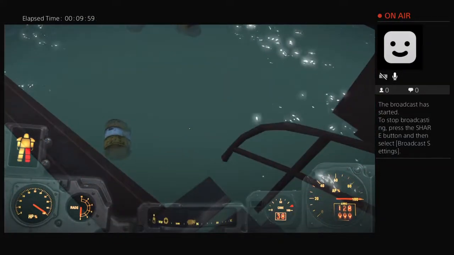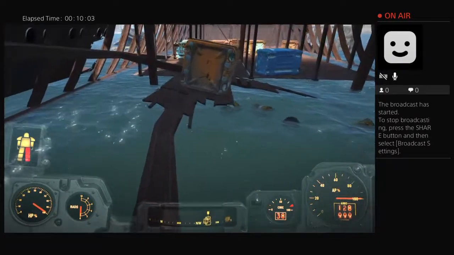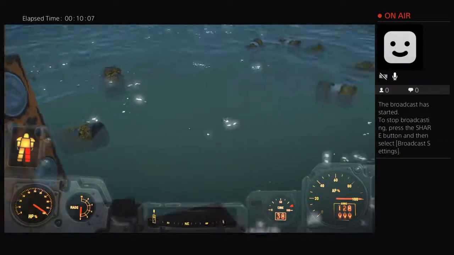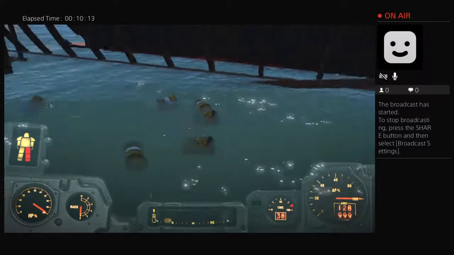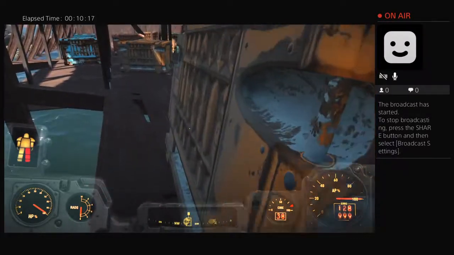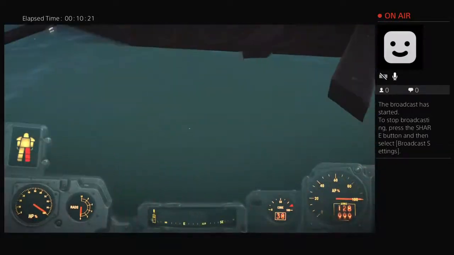Right, lots of radioactive barrels down here, which I'm assuming you can delete. They're not setting off my Geiger counter anyway, so it's not too bad. And obviously you can set your water up in here as well. Set up your water purifiers in here. Might want to put some...